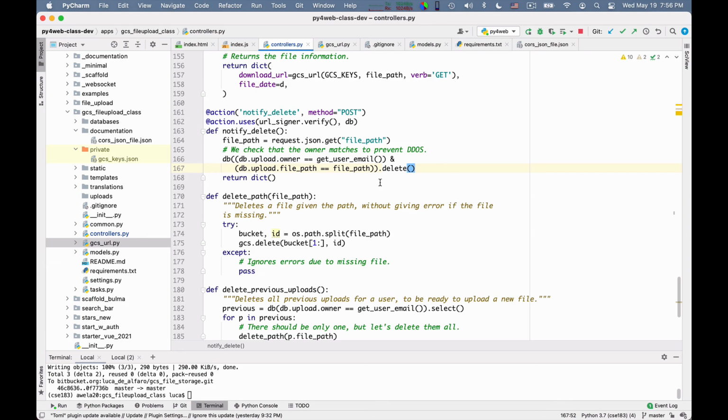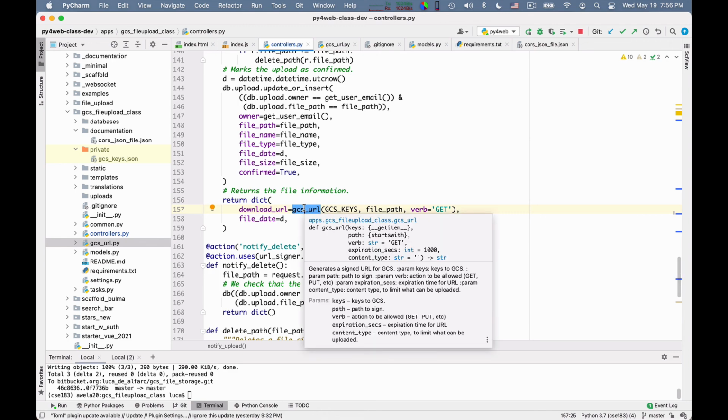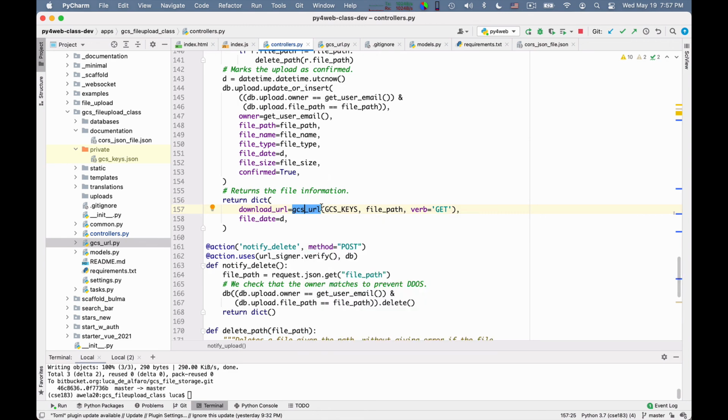And the server behavior is actually not very complicated. It has these 4 endpoints to obtain signed URLs and notify of operations in the client, but it's fairly straightforward. The one complicated thing is how to sign URLs, but this is done for you in this piece of code that we are sharing with you.